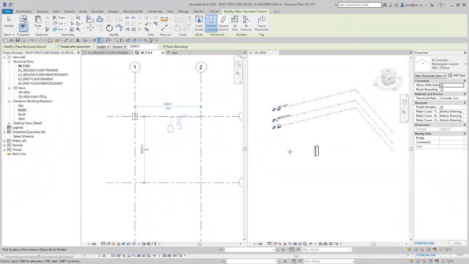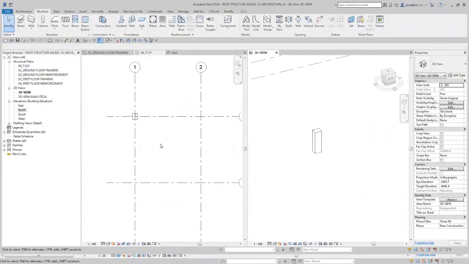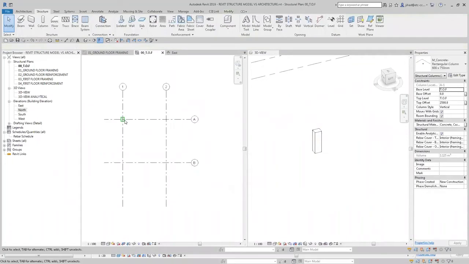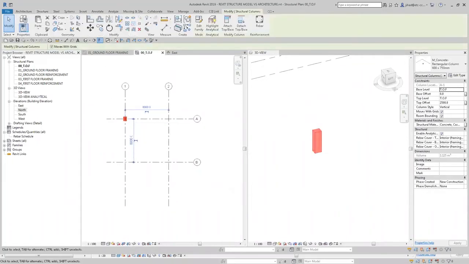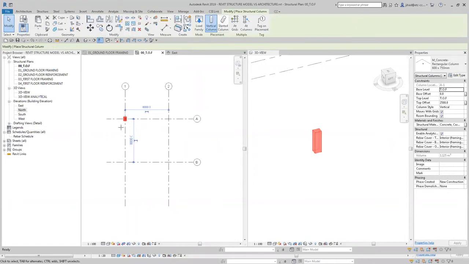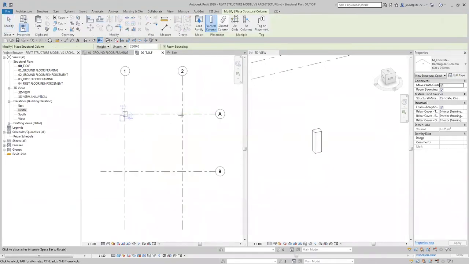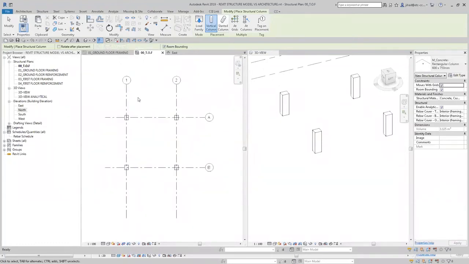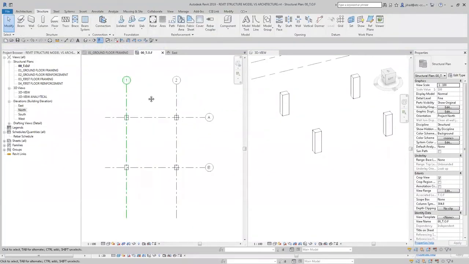You can now notice that everything that I am placing in 2D is hereby being put in 3D. The structure is very easy to use as a way of designing, whether in 2D or 3D modeling, which is easier than architecture, being strictly limited to columns, beams, or footings. We have now placed the 4 columns, as you can see,